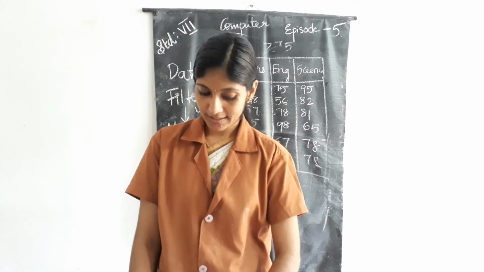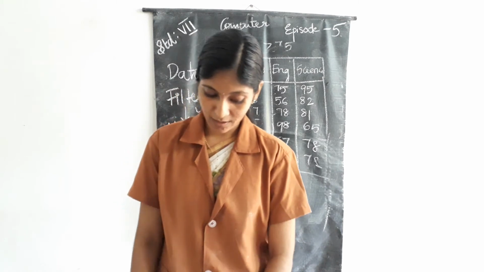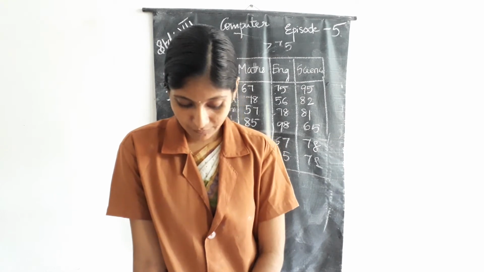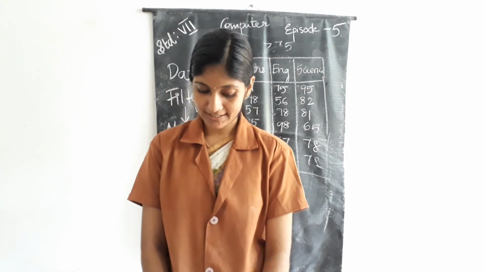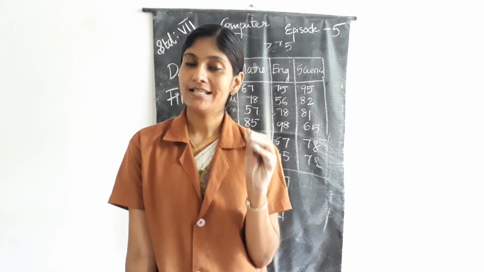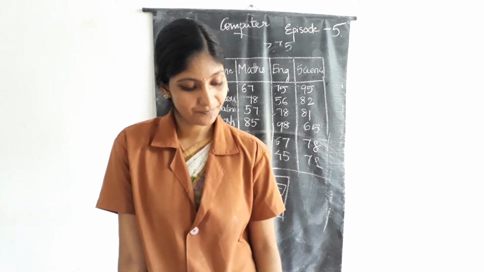So here there are some options: light red fill with dark red text, yellow fill with dark yellow text. There are some options. So you can select light red fill with dark red text, and finally you will get the result. The marks in between 60 and 80 will be highlighted in red color. Okay.